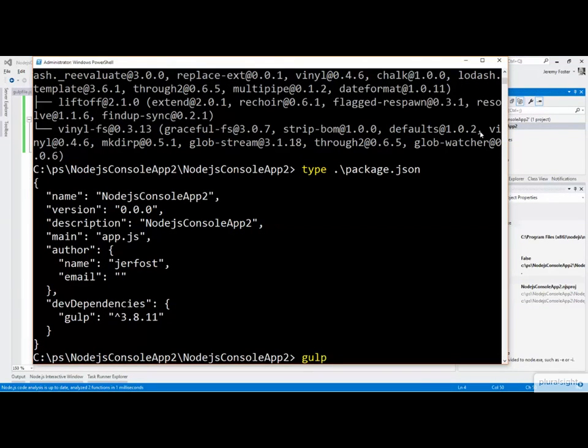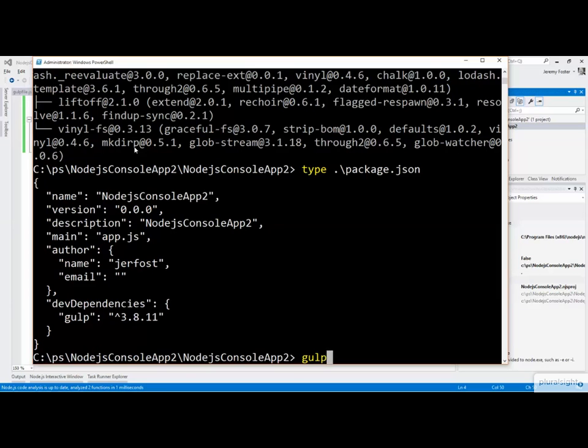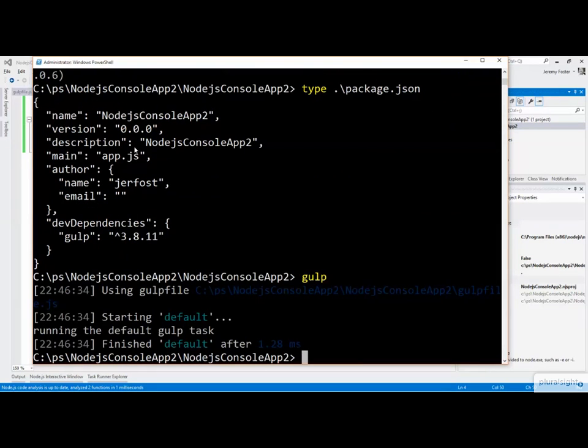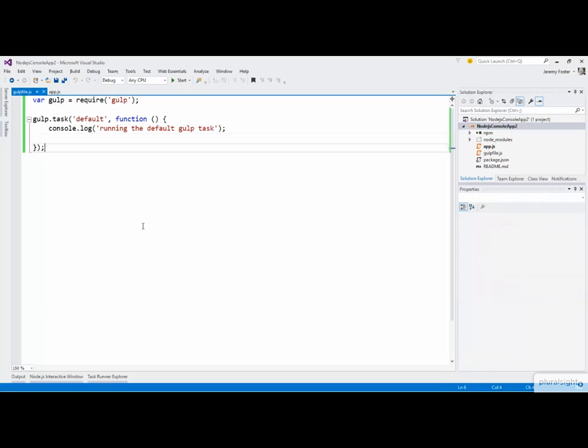So here at the command line, I should be able to just type gulp, and what that knows to do is to execute this default task. So we'll say gulp, enter, and if we've done everything right, we should get running the default gulp task right there. Okay, so that's working as expected, but let's write something that actually does what we want, and that is